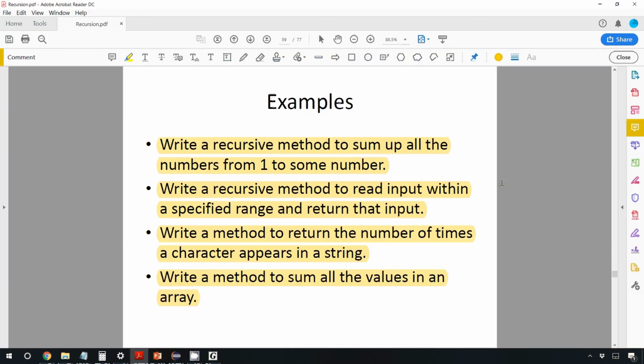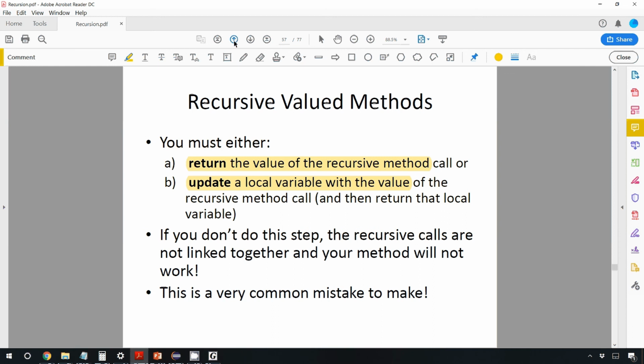So there are a couple more examples of valued recursive methods. And again, the critical thing to think about here is to remember that you always have to be tracking these recursive method calls and linking them together. You need to be accumulating that solution. So the idea of using recursion to solve a problem that has a value for its answer is that you have to combine those individual parts of the solution, right? The idea of recursion is I'm solving a little bit now, a little bit more later, a little bit more later, but I need some way of combining all those little solutions up to my big solution. So make sure you're always thinking about that with valued methods, and avoid that common pitfall